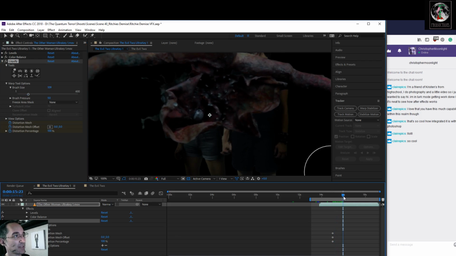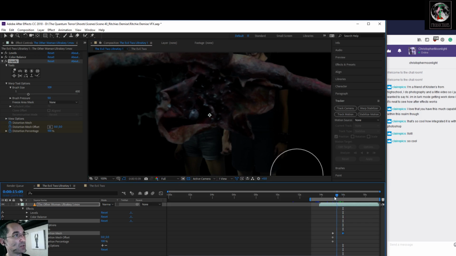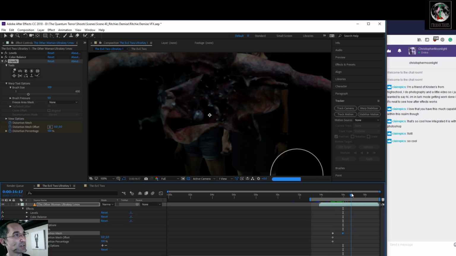Okay. So we have our keyframes there. We want to drag it there, and we're gonna pull this thing out. I'm gonna be careful not to mess with the arms too much. So when it moves, it kind of quivers.